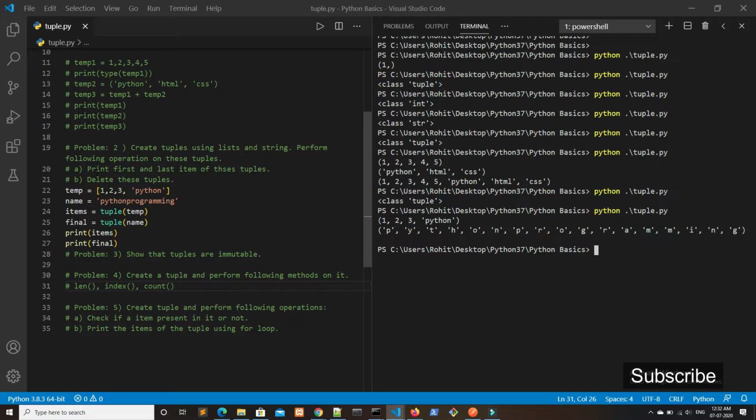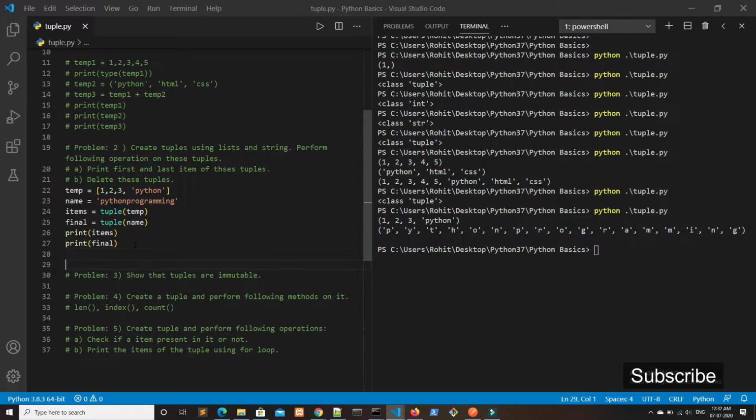In the first part, we have to print the first and last item of these tuples. So here we have to use indexing. Like a list, a Python tuple also follows the same indexing as a list.